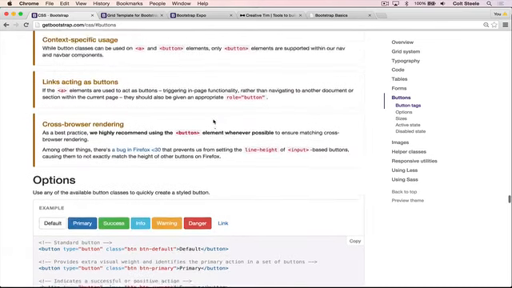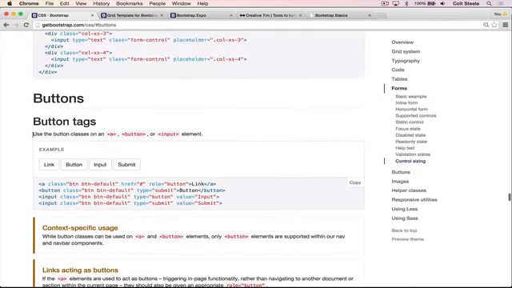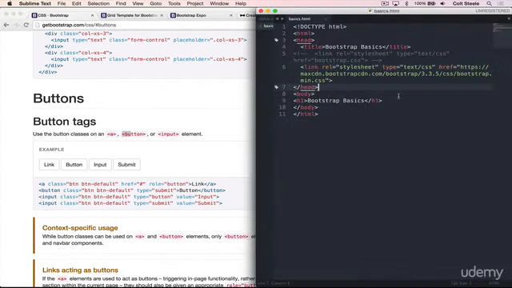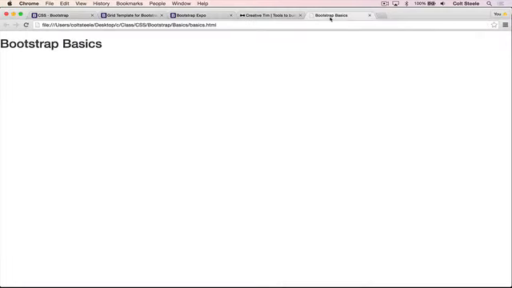And as you can also see up here, we don't have to only use a button element. We can use an anchor tag, a button, or an input. So let's try that out. Below this H1, let's just add in a button tag. And this button tag should just say, click me. And if we just refresh the page right now and take a look at that,